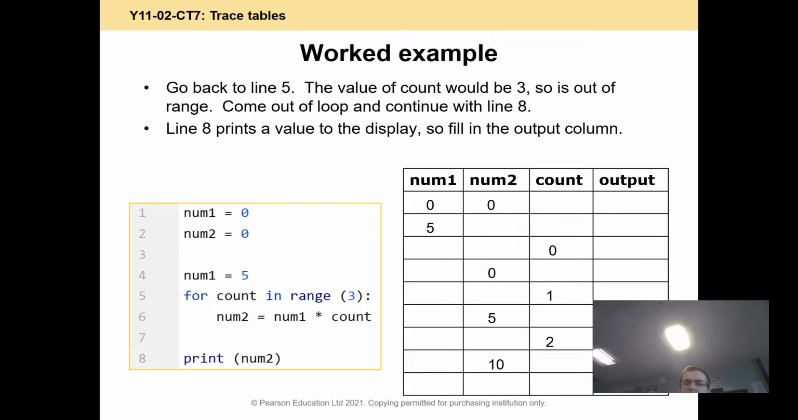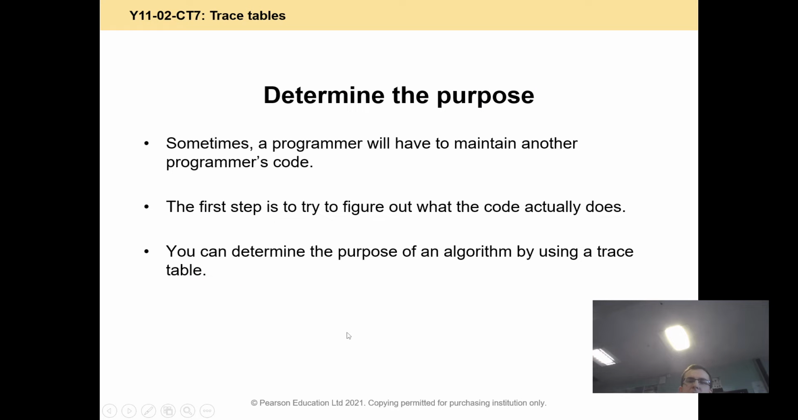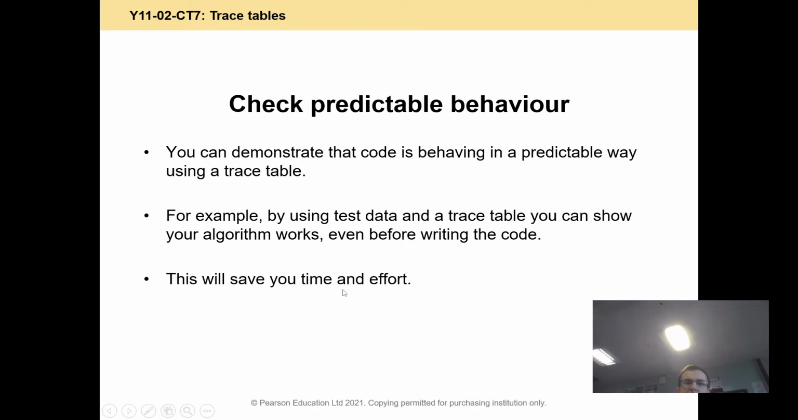So you could have put that on the same row or you could put it on the next row. I would suggest always putting it onto the next row if it's in the next section of code. So that's it really. That's what a trace table does. You just need